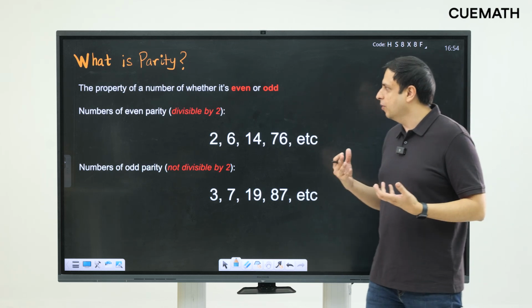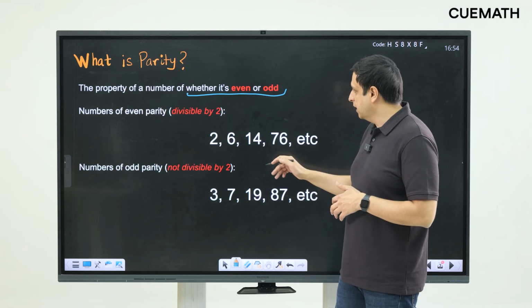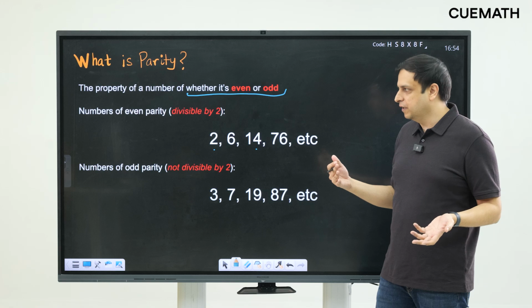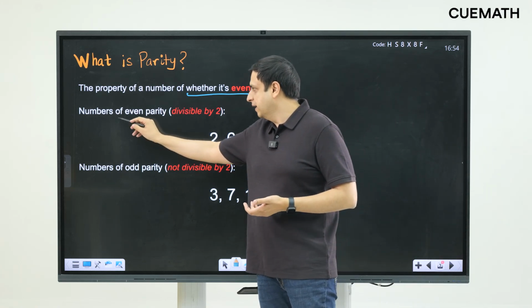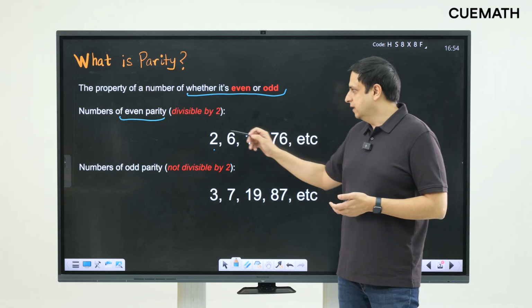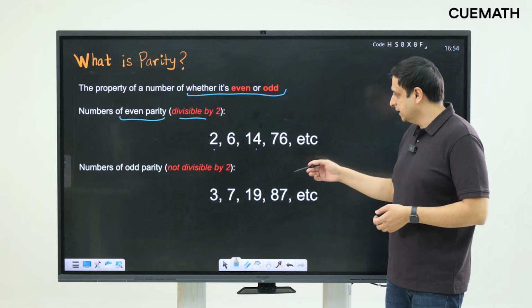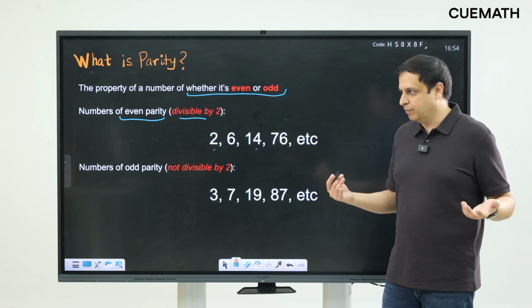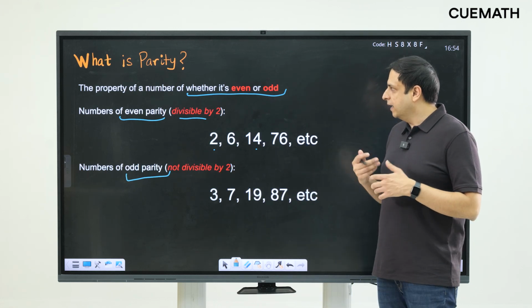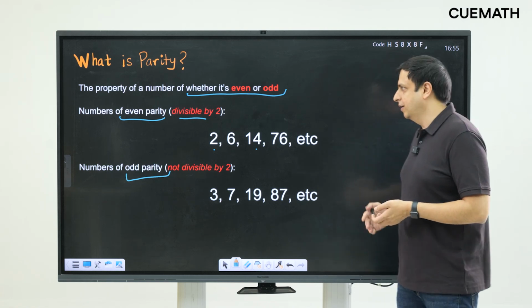So, parity is simply the property of a number of whether that number is even or odd. So, for example, if you think of the numbers 2, 6, 14, 76 and so on, all the even numbers, essentially that's parity, that's even parity. So, these numbers are numbers of even parity, and I mean they are essentially divisible by 2, and then you have numbers of odd parity. So, 3, 7, 19, 87, so all the odd numbers, these are numbers of odd parity, they are not divisible by 2. So, parity is simply the property of a number of whether that number is even or odd, very